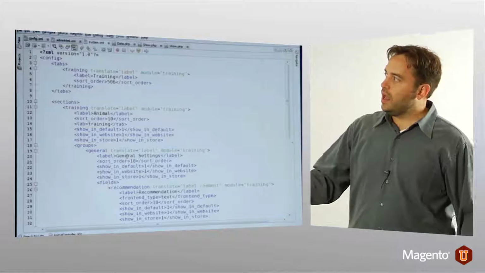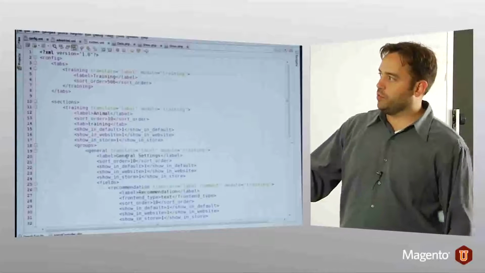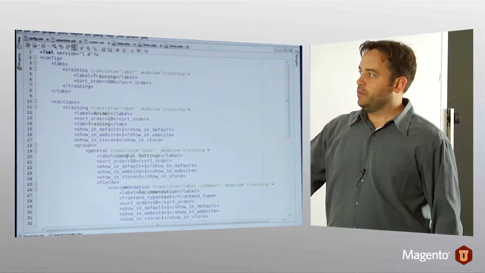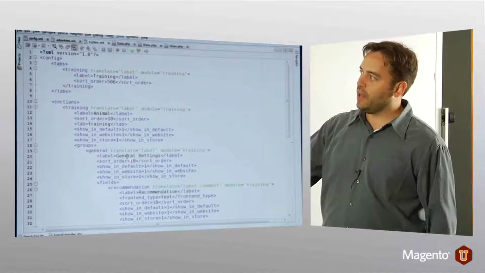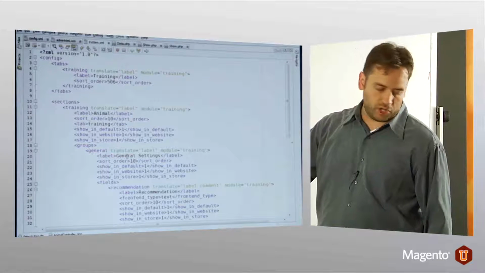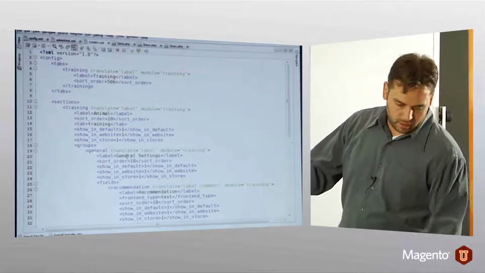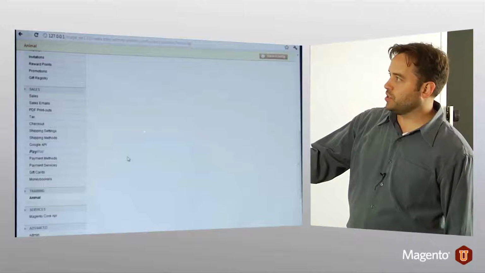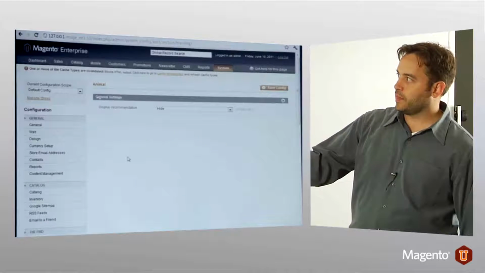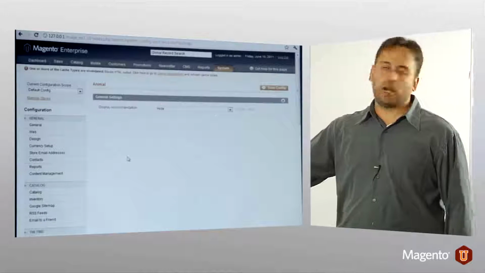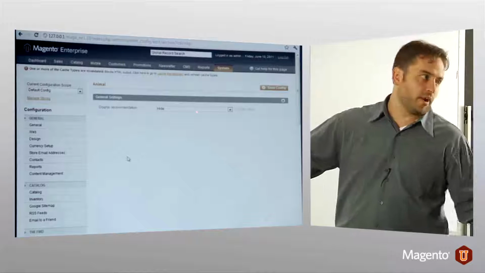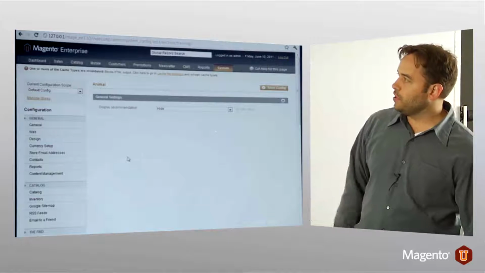And then for animal inside groups, we define our label for this particular panel. So each panel will be a node directly under groups. So general, and that's what's here, general settings. And in here, we've declared a couple of fields. Now, we only are showing one right now. And the reason for that